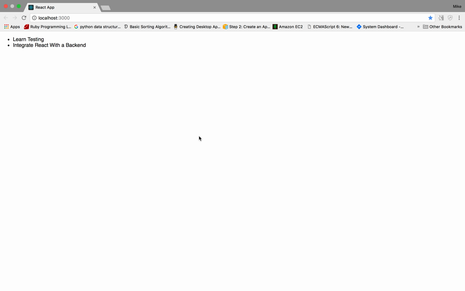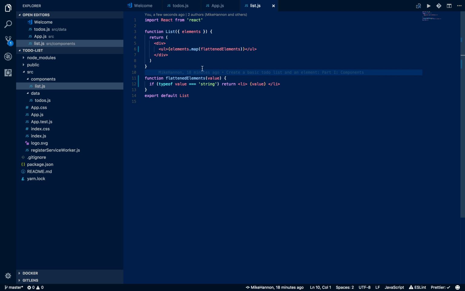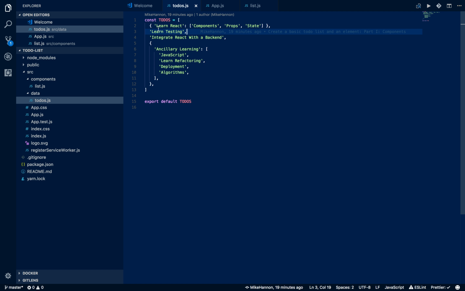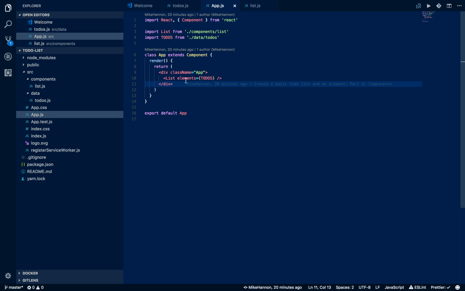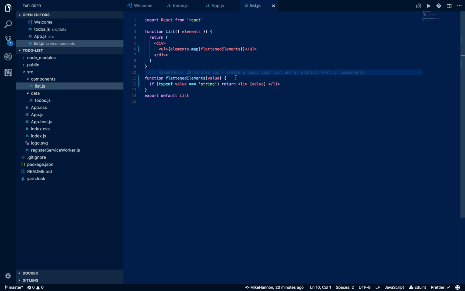Hi everyone. So last time I kind of left us off with the beginning of this to-do list. We had a JSON blob, or an array as shown here, that's filled with objects, strings, and another object. And we had basically built the beginnings of our to-do list application. We have a list that takes in some elements, that list of to-dos, and when we get that, we basically map through those elements,